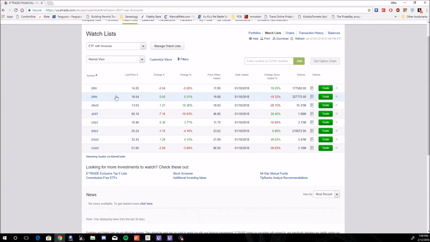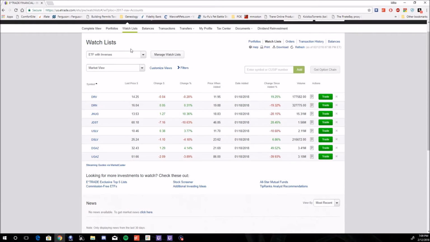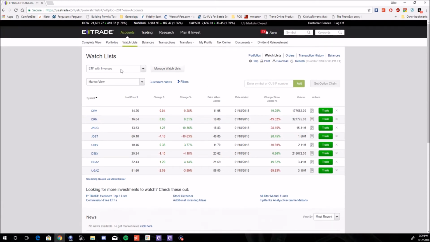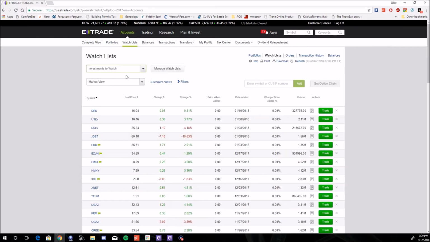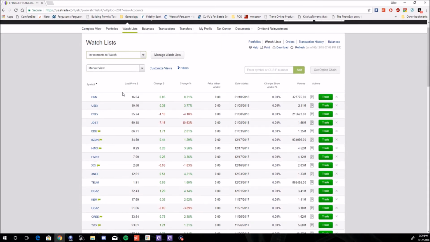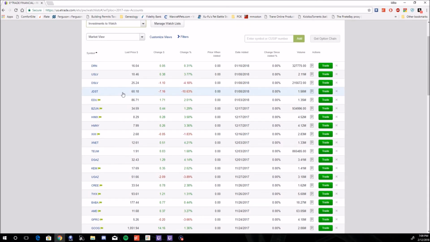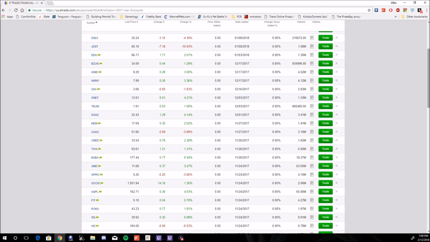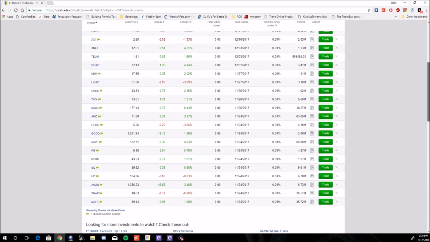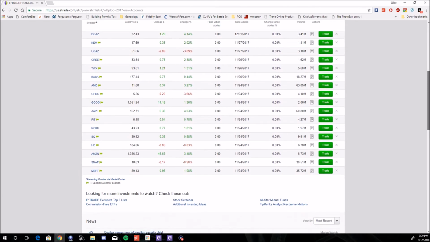So I'm going to go up here, and I do have my investments to watch, and this is a pretty long list of stuff. I don't really go too much on this tab, but it does have some of my favorite companies that I do like. HMNY, I really like that company. I believe in that company, but it's not doing really too hot today. Dropped 20% after market. You can see Alibaba, Apple, Fitbit, DRN up at the top,